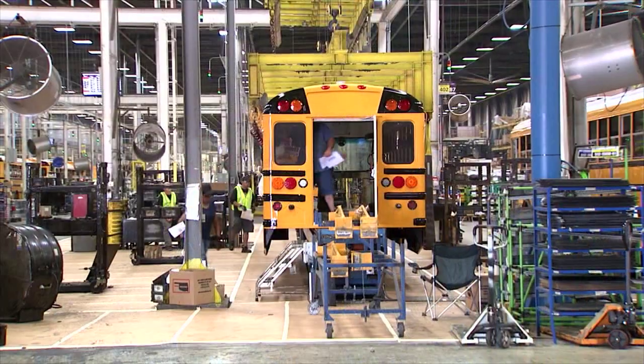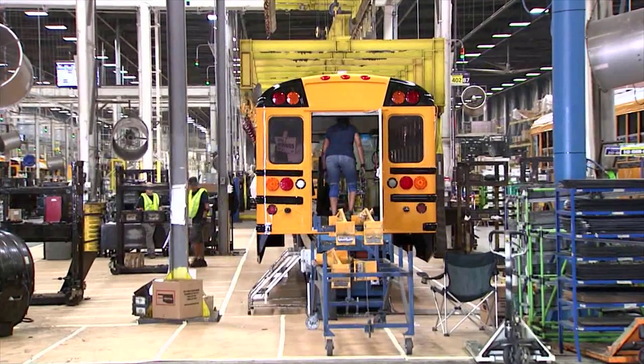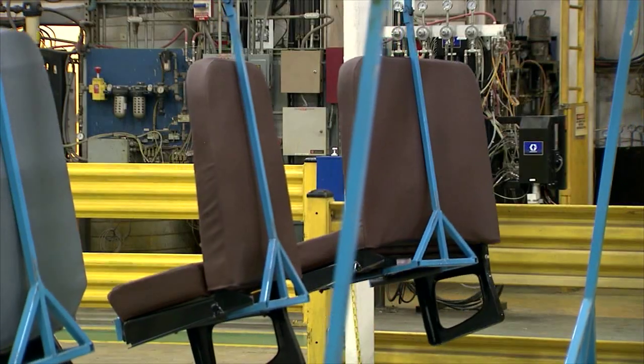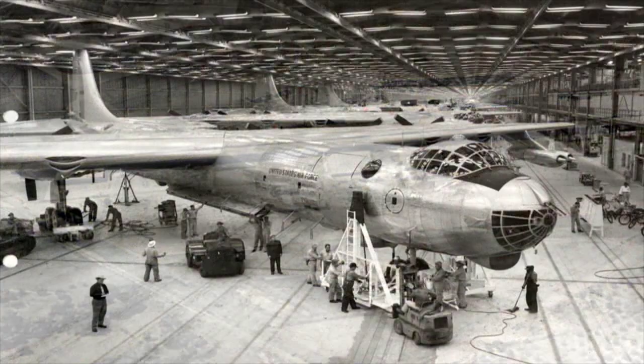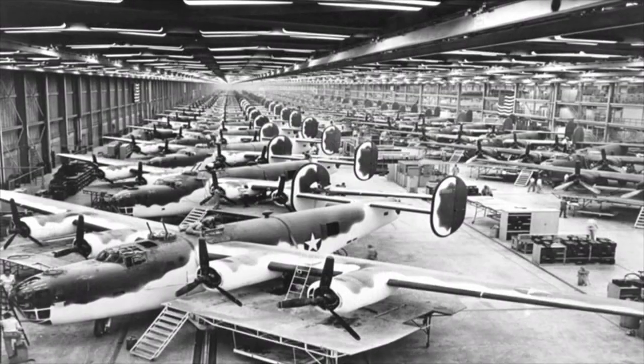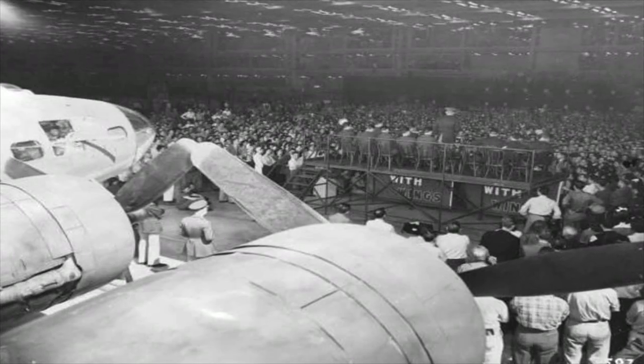That makes me happy. Plant manager Rodney Tharp has worked his way up through the ranks since joining the company 20 years ago. The facility is owned by the city of Tulsa and leased to IC's parent company, Navistar. It was originally built in 1941 to boost America's war effort. The history behind the facility itself, the B-24 bombers that were built here, manufacturing that was here, the aircraft industry,